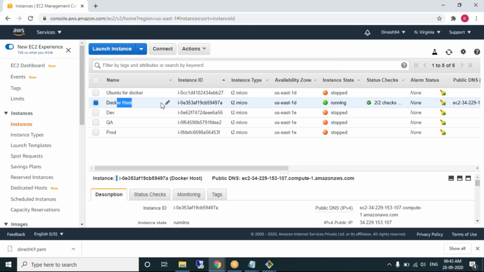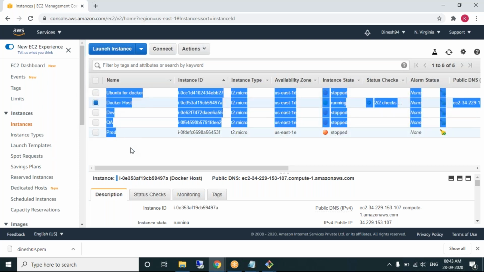When the same containers are running on multiple machines, then you can visualize it as a distributed environment, because the hardware is getting distributed. Right now it's only one EC2 machine. If you create 10 containers also, all of them will be running here only. You have no other option. A distributed environment is nothing but multiple machines.